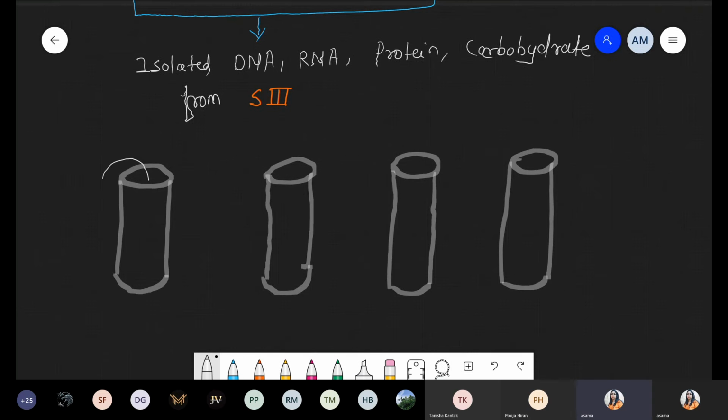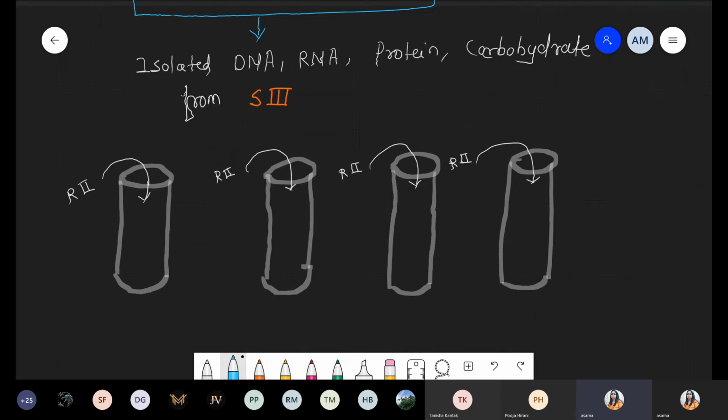So in all test tubes, he added the R2 strain. I'm just giving the symbol like this. In all test tubes, there is an addition of rough strain, R2, R2. So in all test tubes, there is addition of this rough strain, and we just discussed rough strain. These are non-pathogenic. Now what happened?